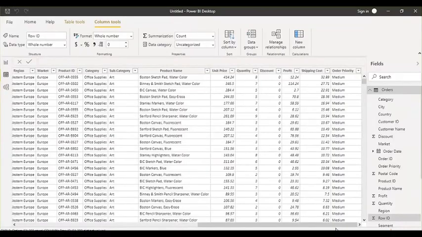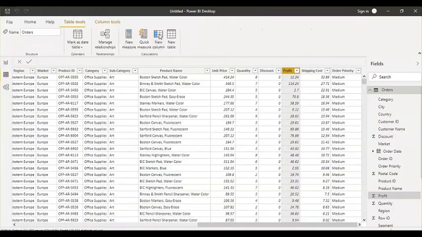Now I want to calculate the total profit. You can see I have the profit column, but I want to do the summation of this profit column, because that total profit value may be required for further calculation or in another expression. So I can create a measure here. Now you may ask why we create a measure and not a column. Let's try to create a column and see what happens.